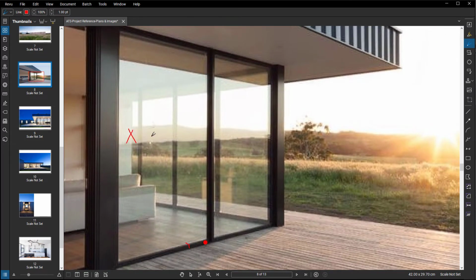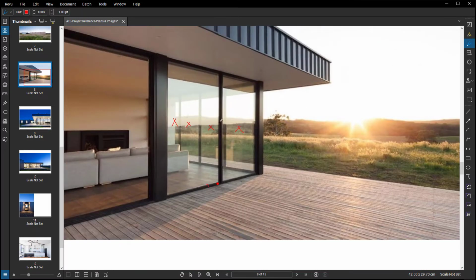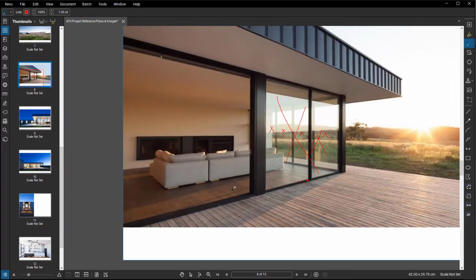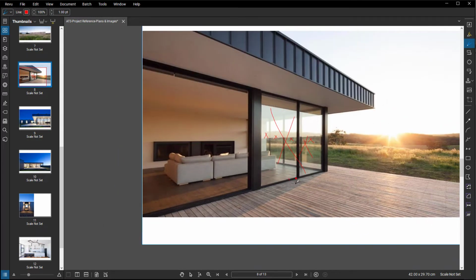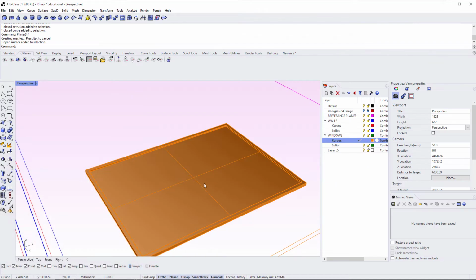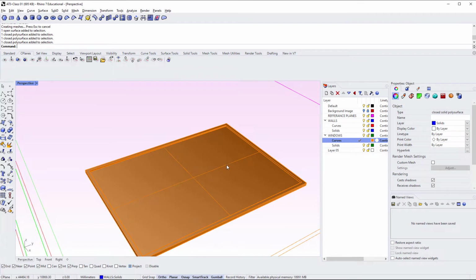But we're doing these windows currently over here. The process is exactly the same for these two frames here and here. And then for the sliding doors, it's basically the same thing because they're full height. They go from ground to basically ceiling, which in this case turns into the eave overhang over the top of the deck. So with that now complete,